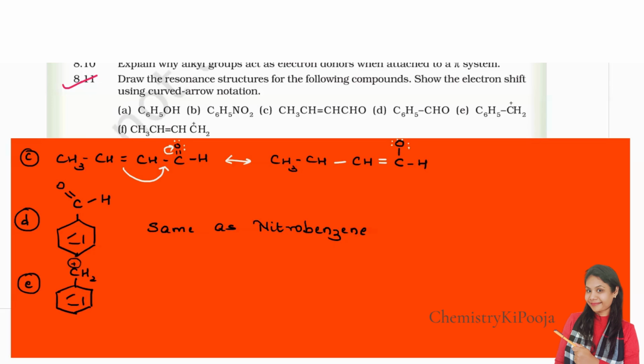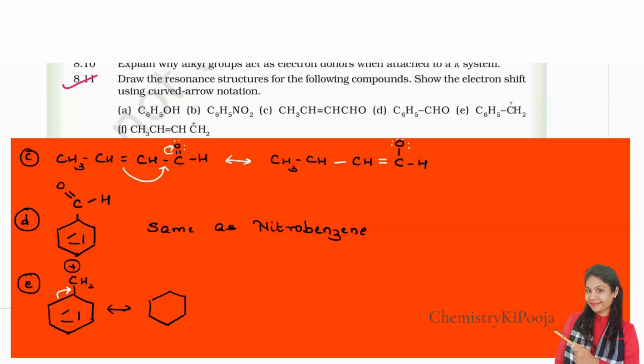Clear? Now, what is going to happen? Plus charge means it is electron deficient, isn't it? And since it is electron deficient, it is going to pull the electrons towards itself. So this is CH2, we have a plus charge over here, and the CH2 will pull the electrons towards itself. So the next structure will be,